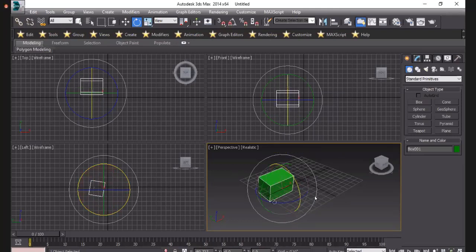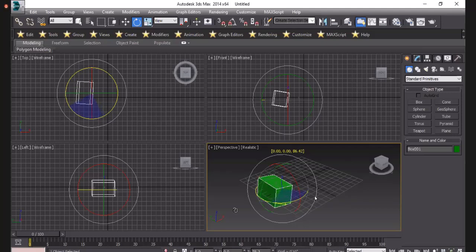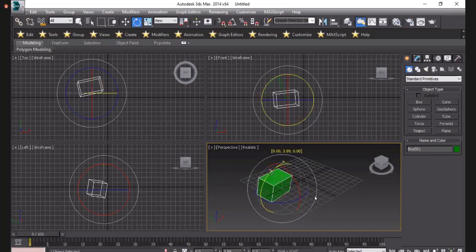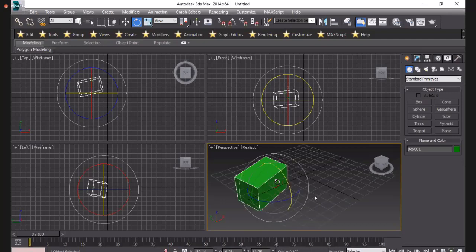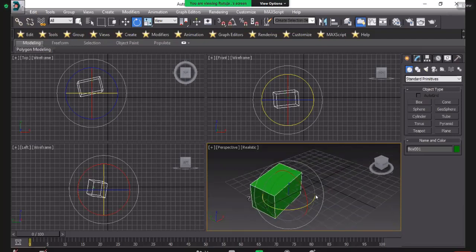and also in whichever direction you want, like right to left or left to right, and up and down also. It moves as you want.